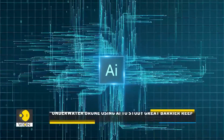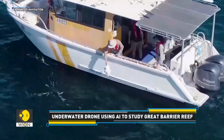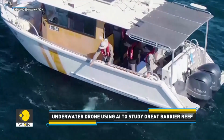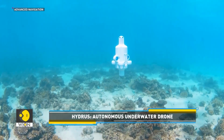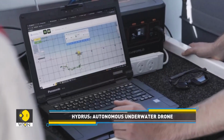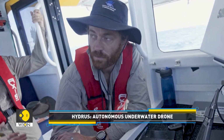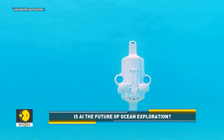AI has taken the world by storm, and now AI is helping explore life underwater. Australian researchers are using an underwater drone called Hydrus to survey the Great Barrier Reef. The AI-enabled underwater drone is allowing Australian researchers to conduct more accurate and regular surveys of the impacts of climate change on the reef. Hydrus is an underwater robot, and what we've tried to do is take this sort of